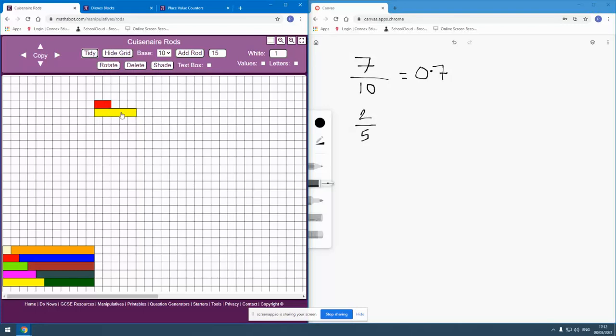So this is 2/5 because it's twice the size of 1/5, and each white rod at this point would become 1/5 if this is a representation of 1. And so what I might say is, well, if you simply put 2 of those together, 2 of those yellow rods, then we could now talk about the fraction family tenths. But if I did that, I'd need to be doing that as well. And again, if pupils have a good understanding of equivalent fractions using Cuisenaire rods or things like that,